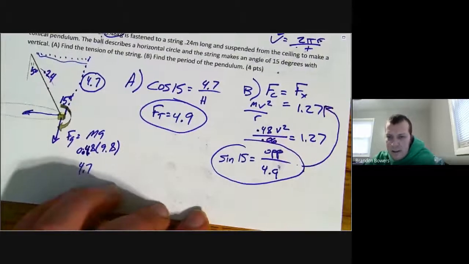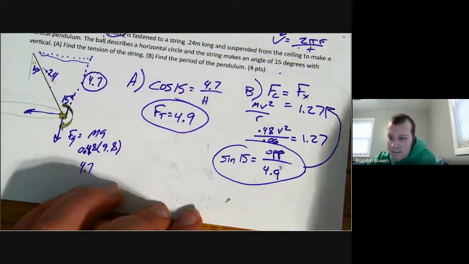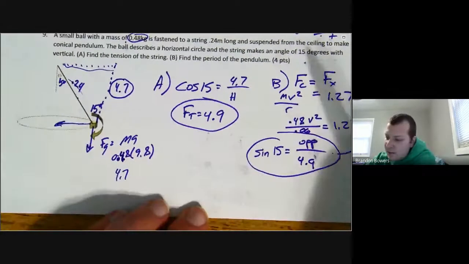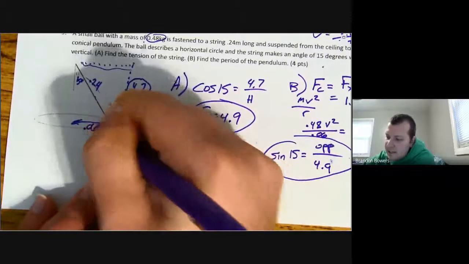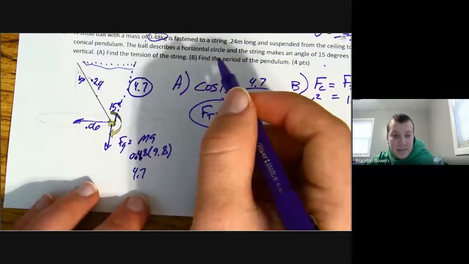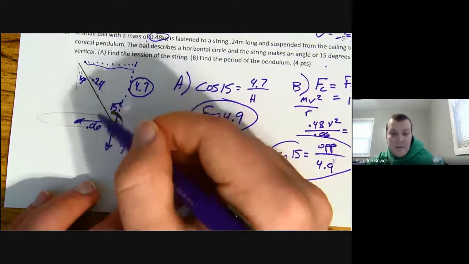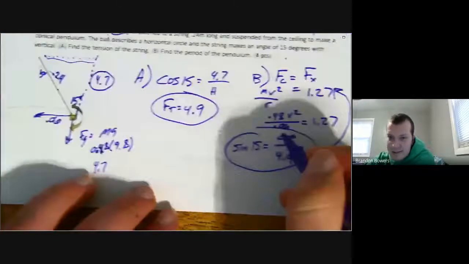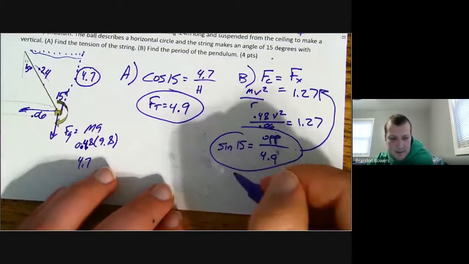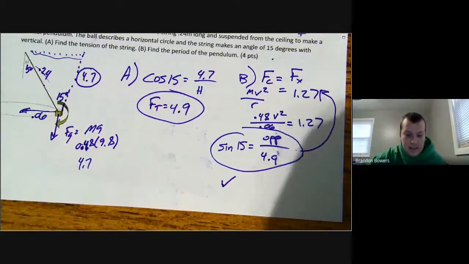Now that is equal to my centripetal force. So if you plug in my mass, v squared over 0.06, the way to get 0.06 is you know the length of this string, you know it's a 15-degree angle. So the opposite and the hypotenuse, so sine of 15 is opposite over hypotenuse. That's how I got 0.06. You plug that in and you'll get the velocity. So that will solve for velocity. And then you can plug the velocity